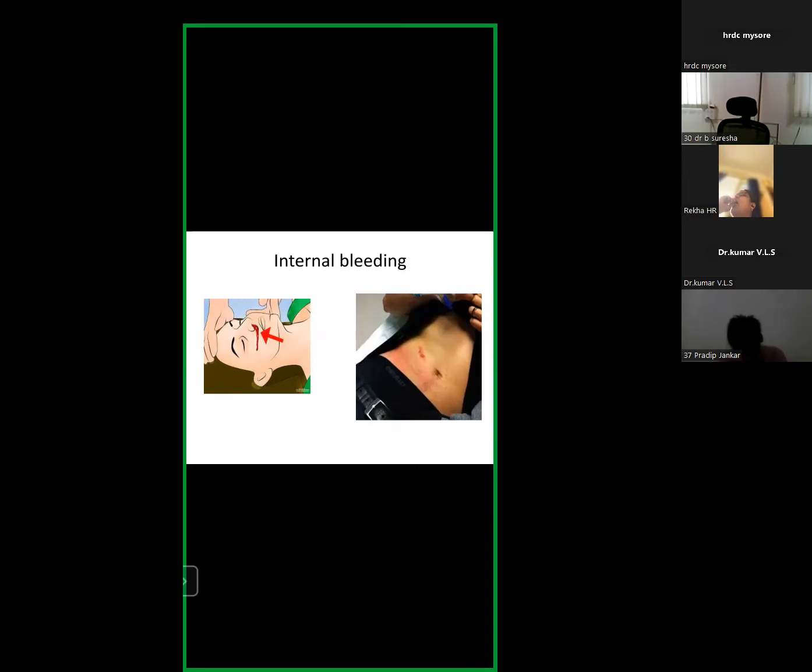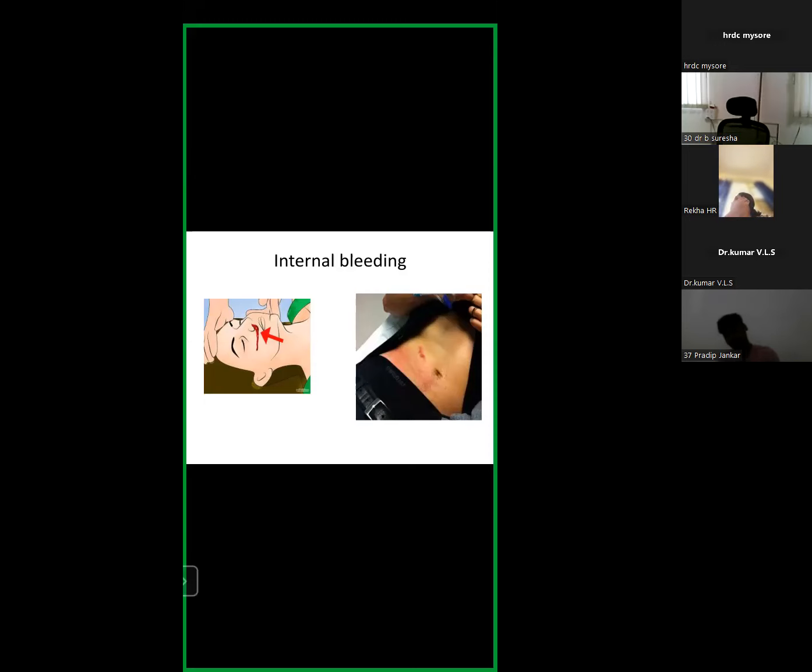So how to differentiate whether it's a head injury or an injury directly to the face? It is very simple to differentiate. In case of external bleeding, the bleeding will be more profuse. It will be continuous. In case of internal bleeding due to a head injury, the blood coming out from the